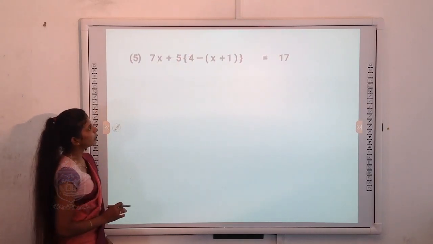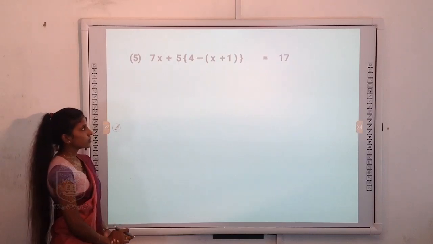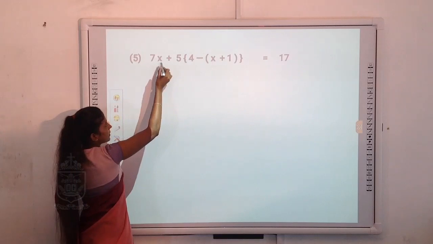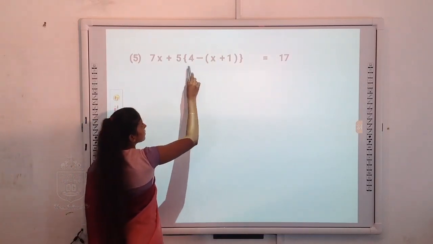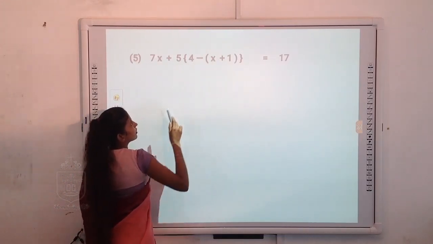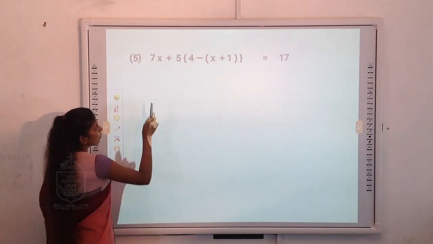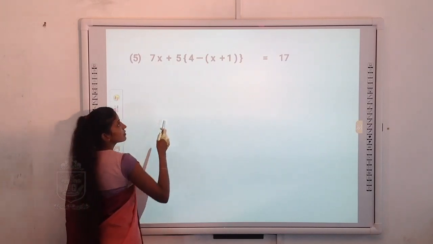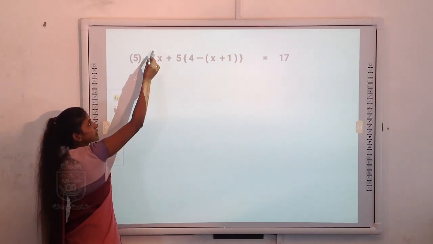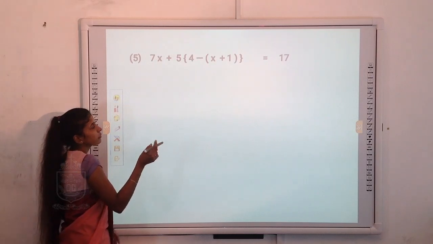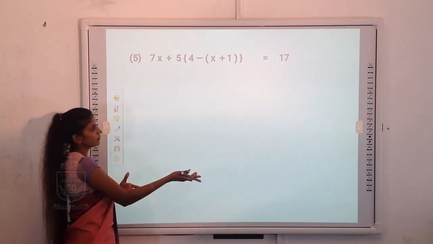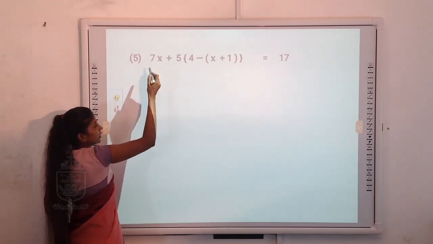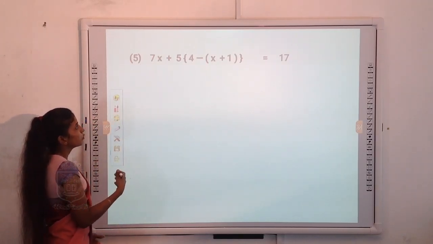Okay, one more example. There you can see 2 expressions. One is 7x and the other expression is this one. One x is linked with this 7 and another x is inside this expression. So we can't cancel this 7x at first. We can't move it to the other side. If it is a number, we can remove it, but since it is an unknown term, we can't cancel or remove that 7x.